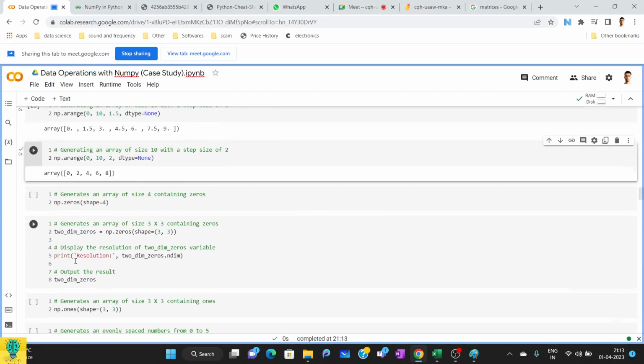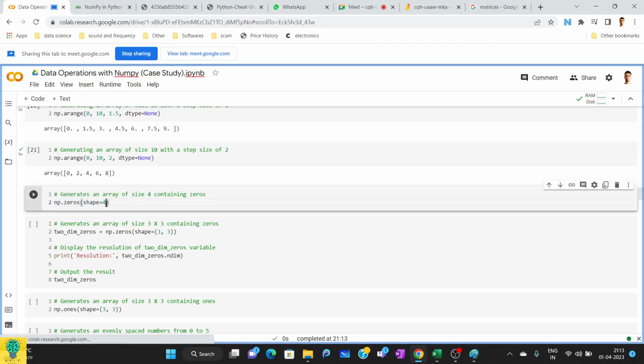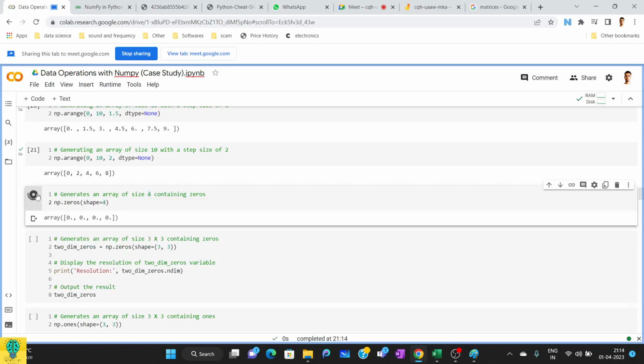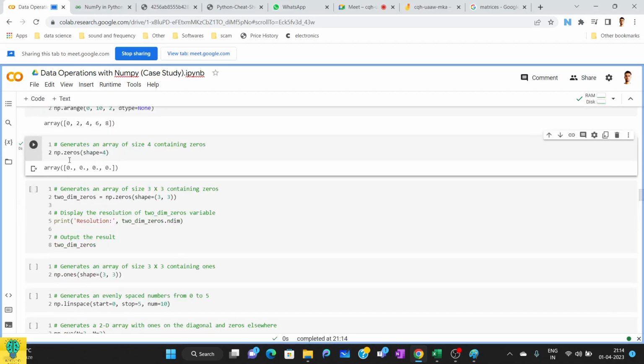So there is another function called zeros. Zeros is basically used to get zeros; you have to pass a value, the shape size. Okay, so what is the shape of this? It is going to give us a set of 4 zeros like this. If you want two-dimensional, you have to write 2 different arguments in the shape itself. So 3 cross 3, so we are going to get